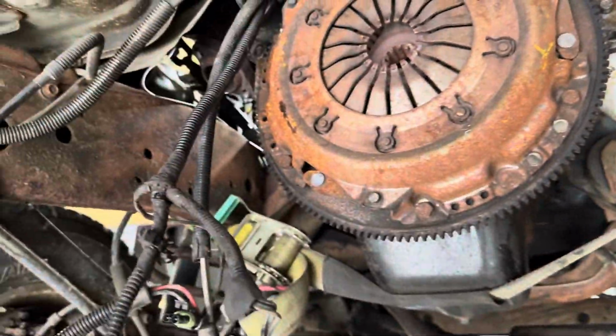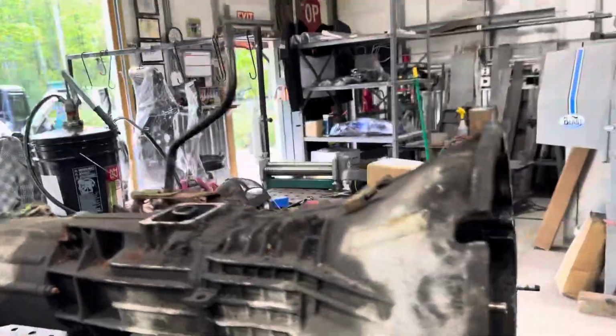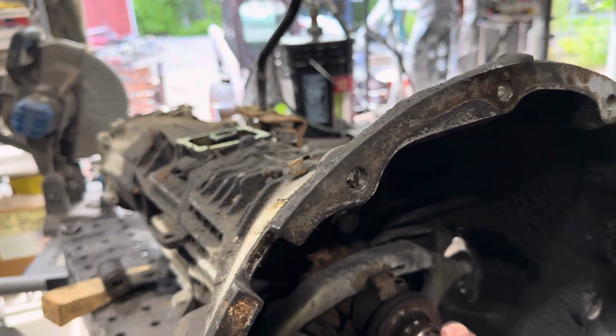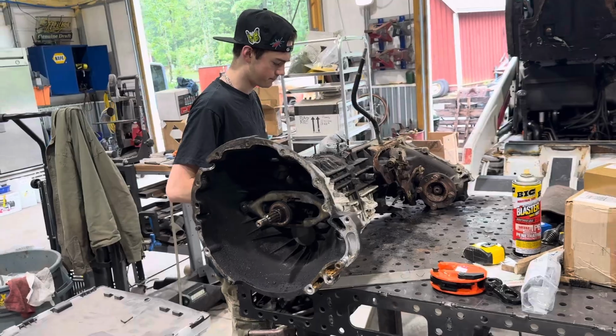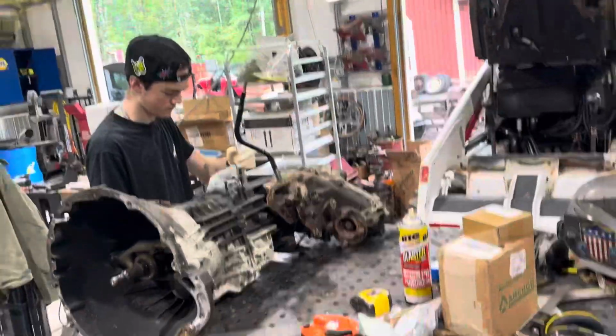And actually, it wasn't bad. It only took us, I don't know, what? An hour and a half. Not bad. She's out. And first evaluation is, this isn't even engaged in anything. So, yeah. Oh boy. All right, actually got Evan in the shop this morning, volunteered to take the transfer case